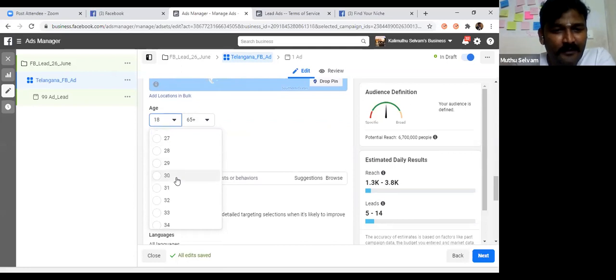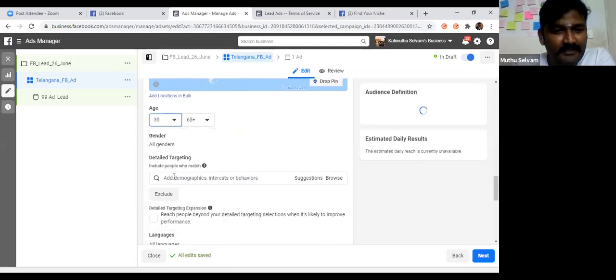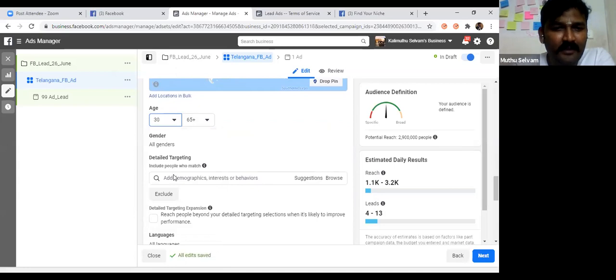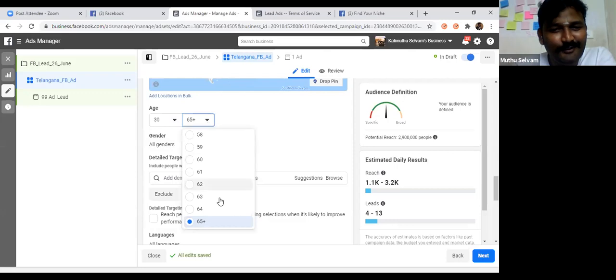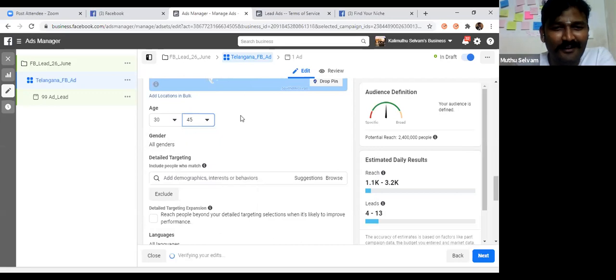Generally, people will start a business from age 30, which would be optimal. I hope whoever comes here, I'm pretty sure you are all between the ages of 30 to 45. That's what I have targeted. You all came here because of this targeting. You must be almost all in the metro cities: Hyderabad, Bangalore and Chennai. You all will be in 3 cities only. Apart from that, if anyone is here, please send me a message.